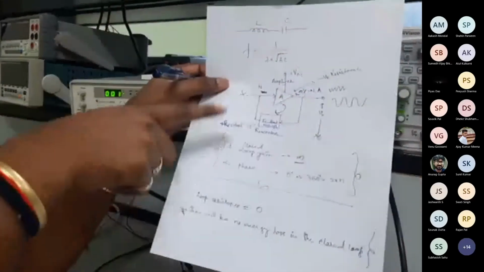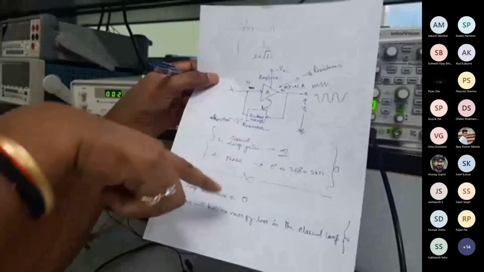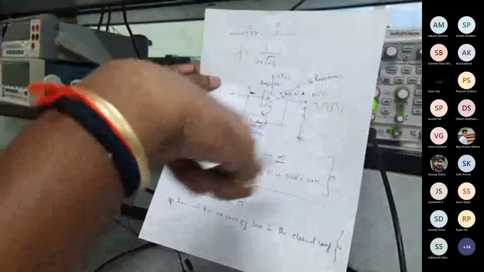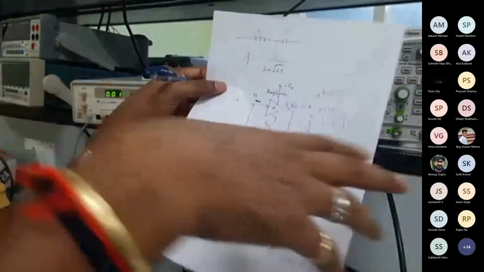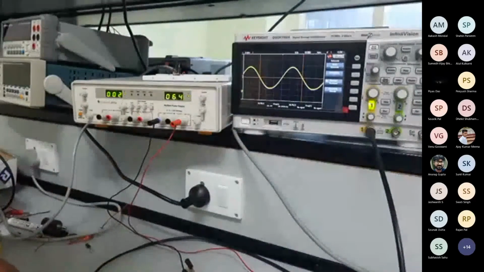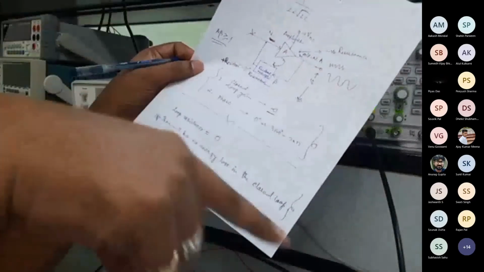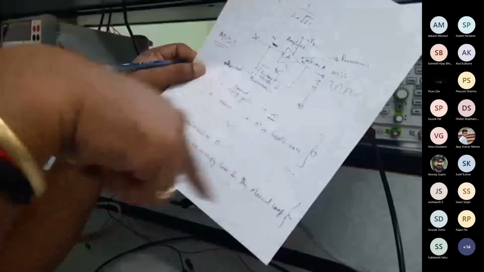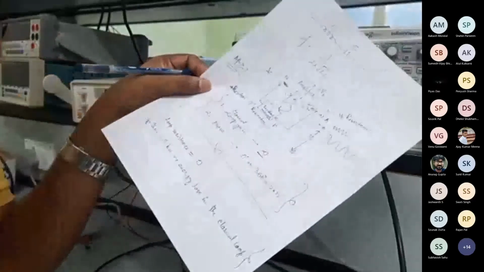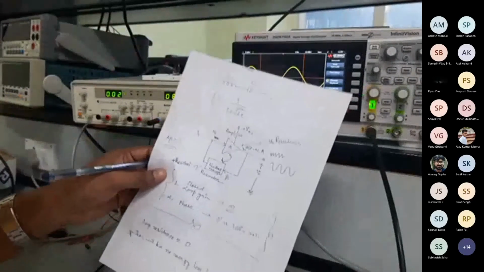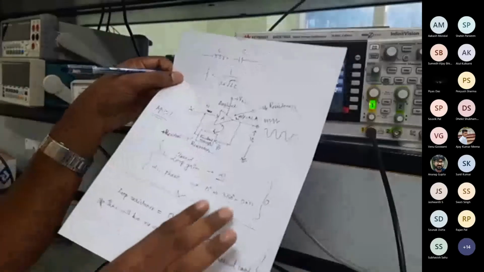So we must remember this is the Barkhausen criteria. Closed loop gain should be infinity. Okay, A_f equal to A upon 1 minus A beta, something like that, where beta is the feedback network fraction. When A beta is greater than or equal to 1, this is the condition, so that 1 upon 1 minus A beta goes to 1 upon 0, right? The feedback gain will become infinity, and you will get the mathematical expression for that. Okay, so this is the thing.